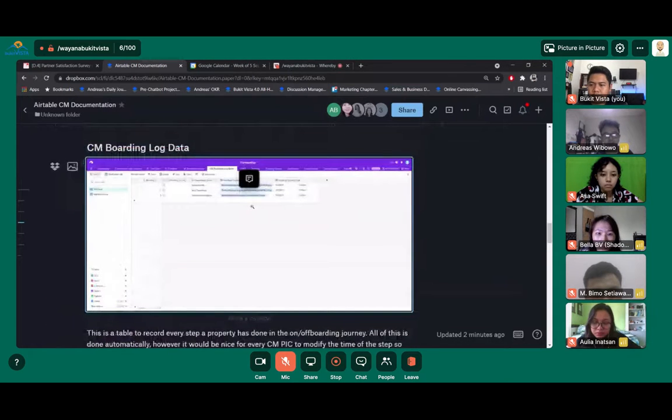Okay, any question on the CM boarding log data? I think Kaasa is already familiar with CM boarding log data, since you have encountered partnership leads journey log data before. So, any question?